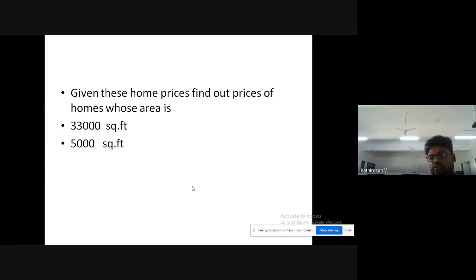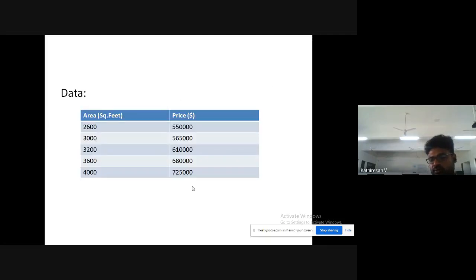Given these home prices, find out prices for homes whose area is 33,000 and 5000 square feet. It is a simple problem. Once you have done this, take a problem with a bigger data set and try. First you have to try with this.